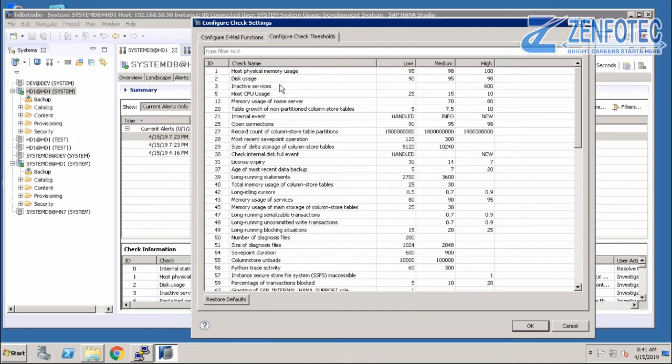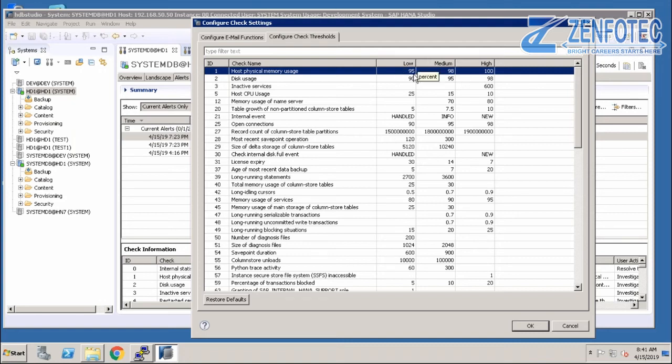For example, for memory usage, if your memory usage is 95%, then you will get a low alert. If your memory utilization is 98%, then you will get a medium alert. If your memory utilization is 100%, then you will get a high alert. This is the default, and I think this is not good.